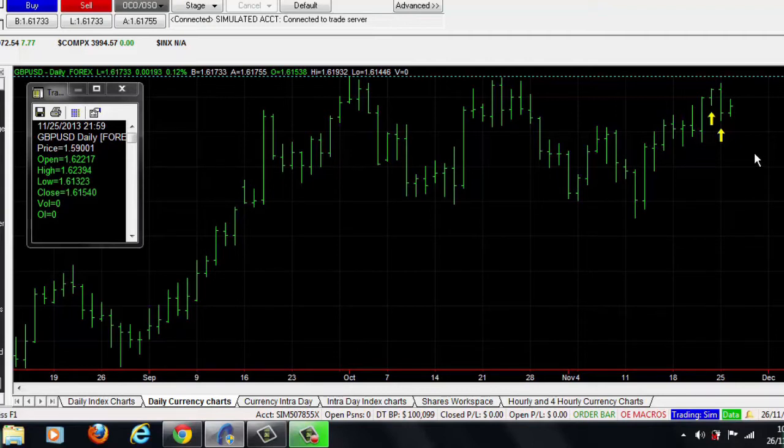Does it mean it's going to happen? Obviously it doesn't, but the probabilities are in our favor, and it is our methodology and our manner in which we trade. So what I'm going to do now is flick over to an intraday chart. In this instance, it just happens to be a 4-range chart. Now, what does this mean? It means that I'm looking for a lower low and a lower high for me to be able to sell